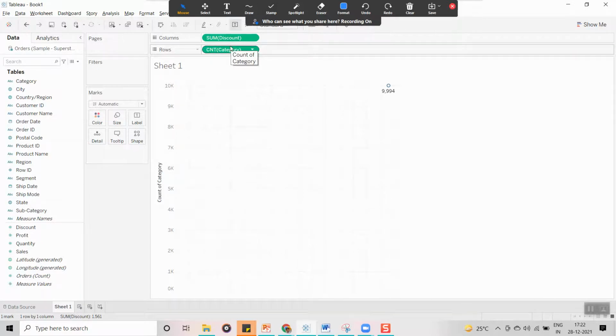This field we call a continuous field. Continuous field means it is going to generate an axis. You can see it generated an axis from 0 to 10k. Is it clear, guys, till now?